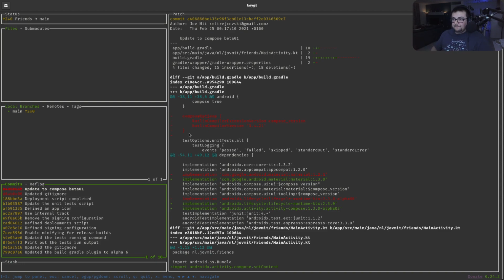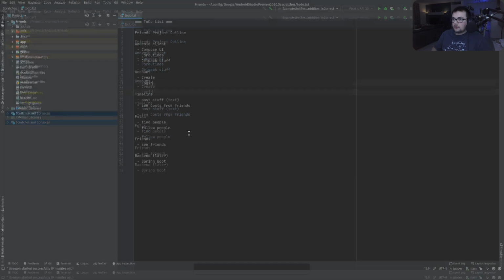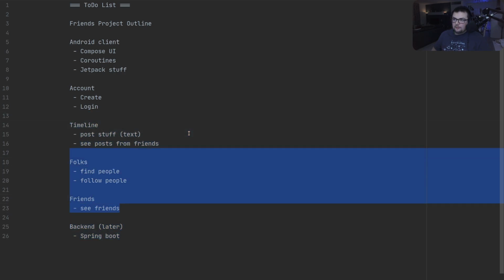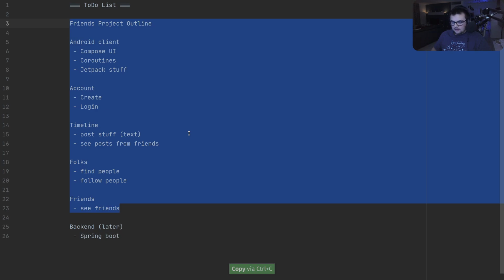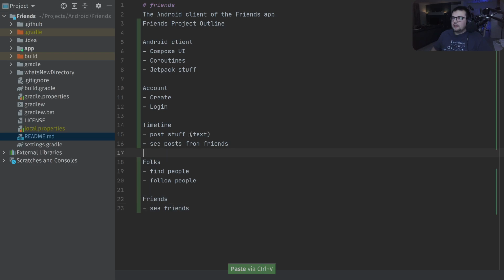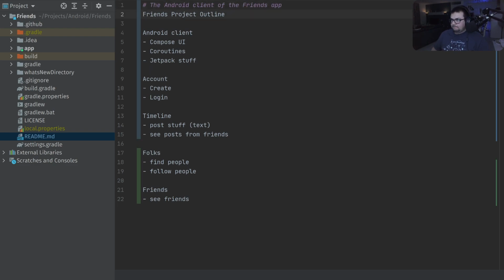And that's about it. Now if we open the studio, I'm going to enter presentation mode so we can see better. My idea was to start from, let's see actually what we have here. This plan here, the project outline, is really part of the README. I'm thinking that maybe it's going to be better if I just keep track of everything here in the README file. So the Android client of the Friends app,